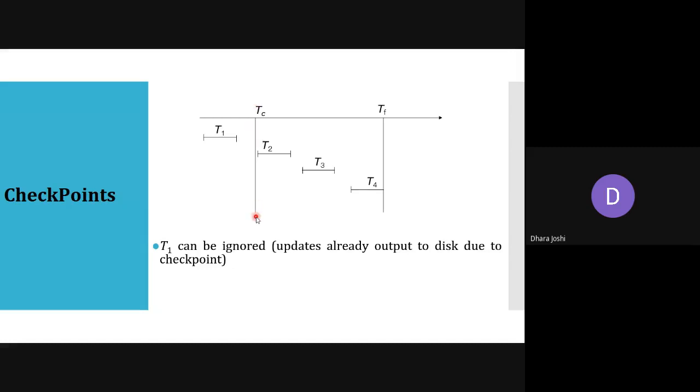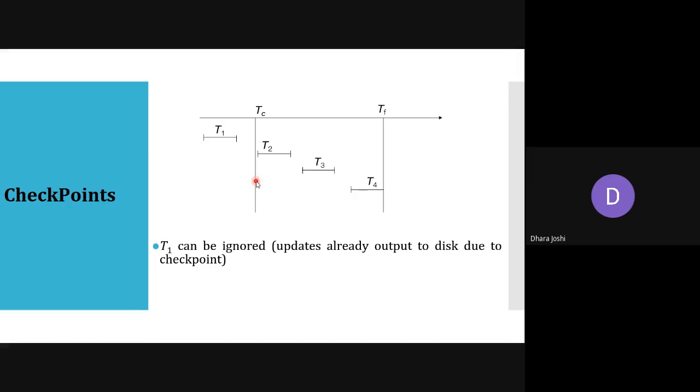After that the checkpoint is there, which means T1 has also been reflected into the database. Then this is transaction T2. T2 is started here, completed and committed here. Then T3 is started, executed and committed. Then transaction T4, but T4 is still running. Meanwhile, a failure occurs. So what will happen? We go towards the most recent checkpoint, which is this TC.